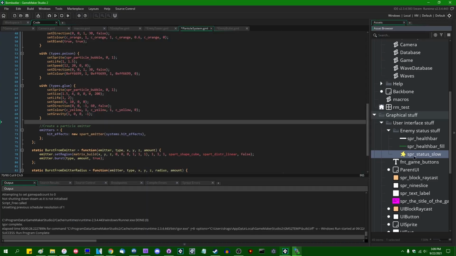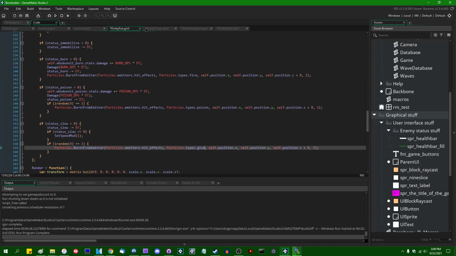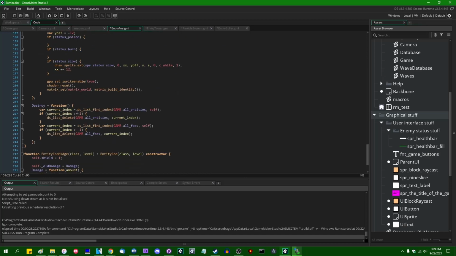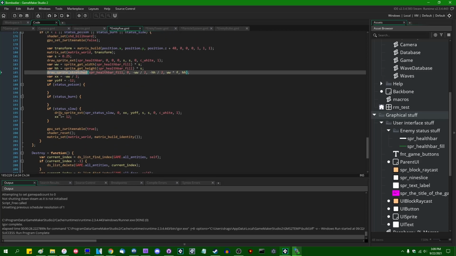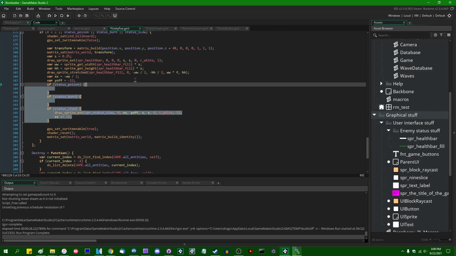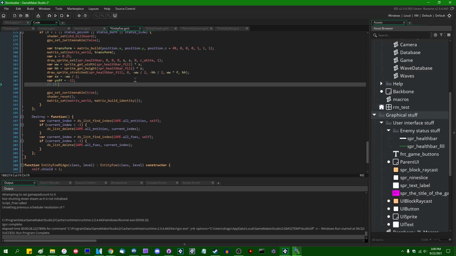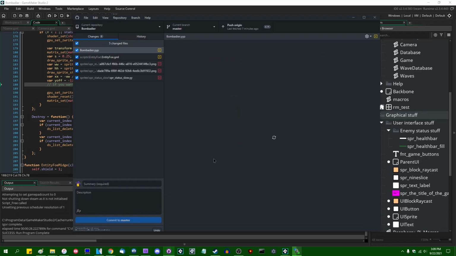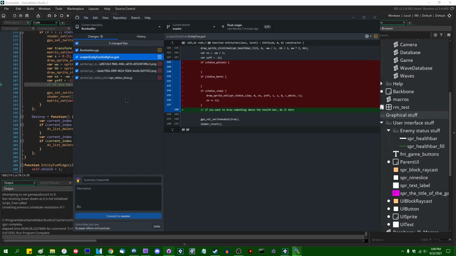I am going to get rid of status slow, the sprite, and I'm going to get rid of the part of code where that's drawn, all of it. Let's see. I'll leave a comment that says, if you want to draw anything above the health bar, do it there, but it probably won't really be coming into play very often. Got rid of the ugly